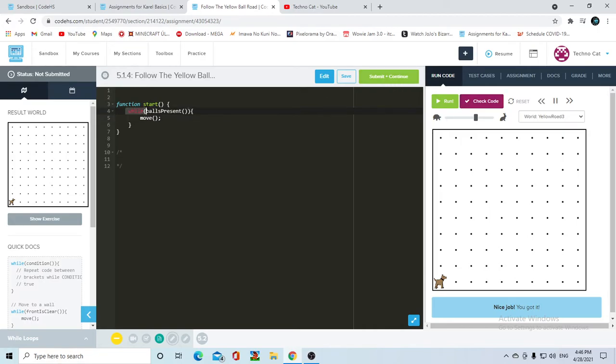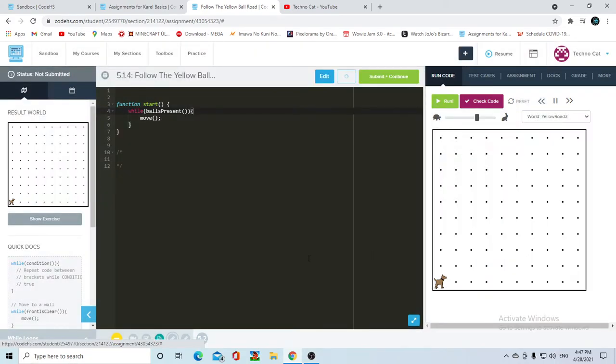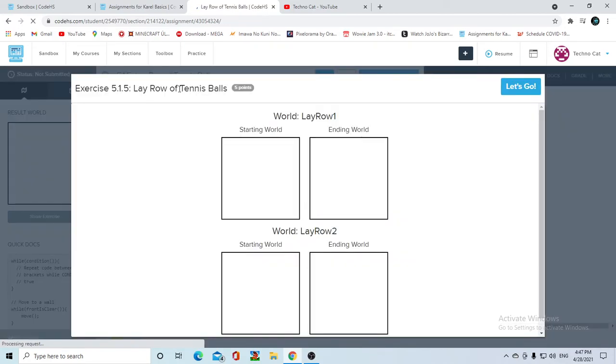You're basically telling Karel, like I said, while this is true, you're gonna repeat this. So it's like an if, or like a for loop, but you don't define a limit. Basically, the limit is based off of a condition instead of a number. So let's click submit and continue, and then we're gonna jump into the next assignment, which is lay a row